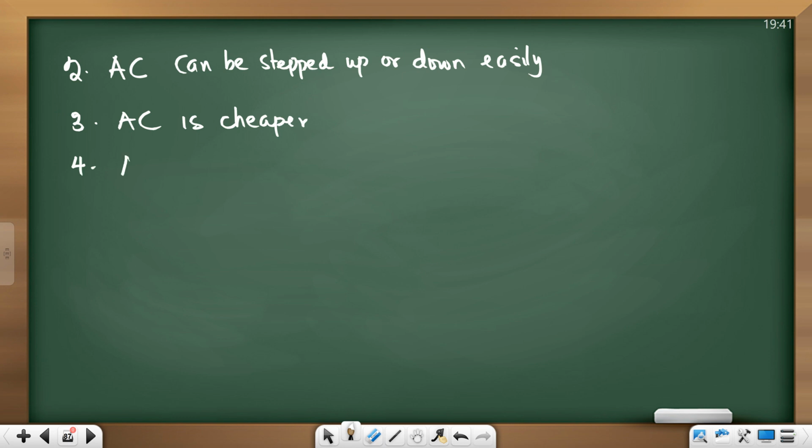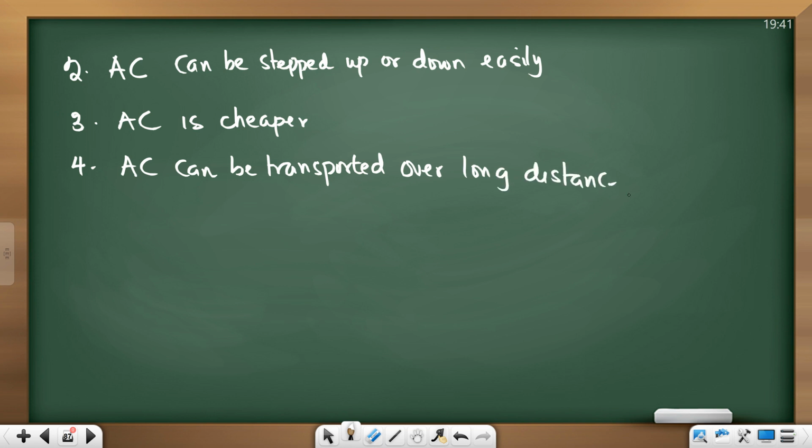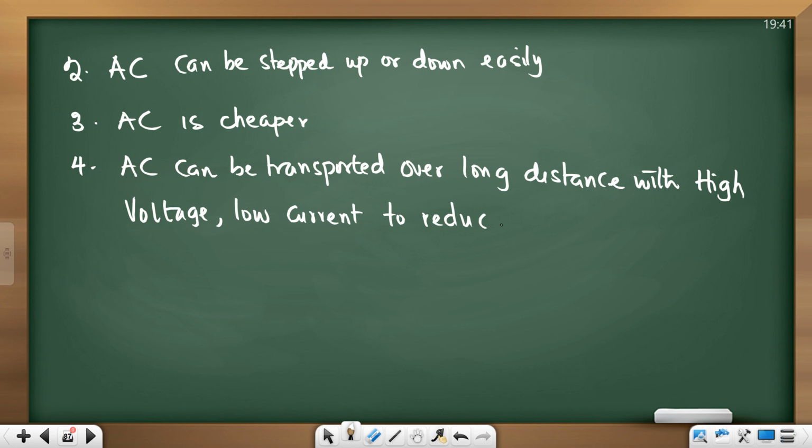Number 4, AC can be transported over long distances with high voltage. That's why you see all those signs. It will always tell you high voltage. It's because it's AC. High voltage, low current. And what is the main aim here? To reduce power loss